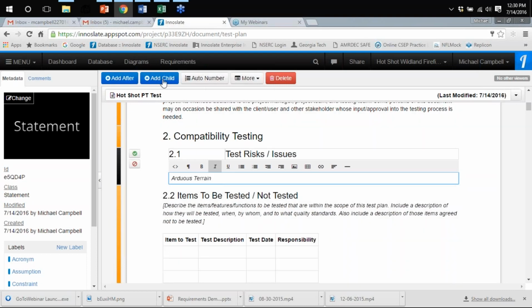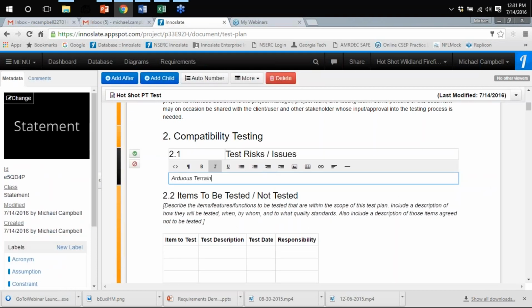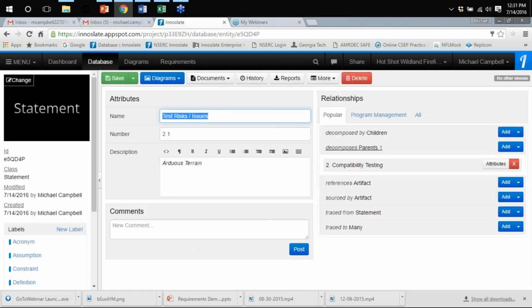if I wanted to start listing other things. So dehydration, physical injury, those types of things that can actually get in the way of doing the test itself. So we can certainly do that, and then as we look at this, we can now take a look at the entity view,